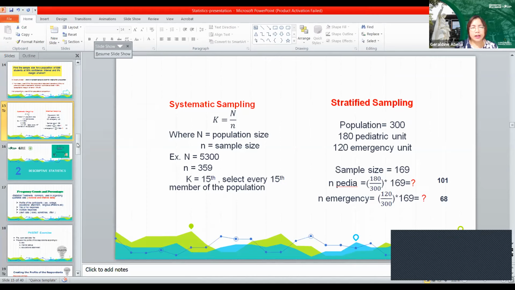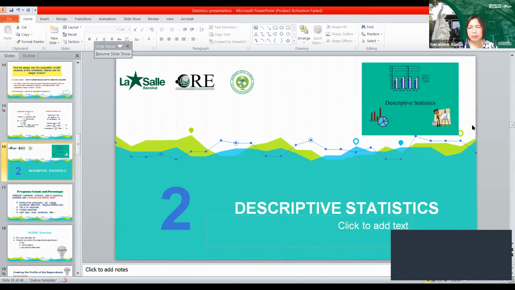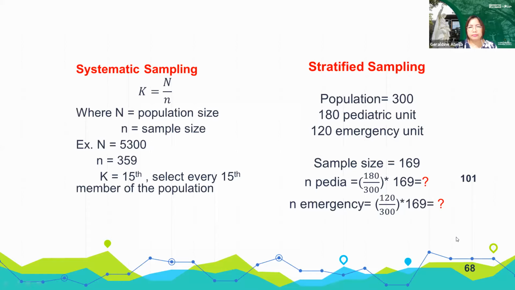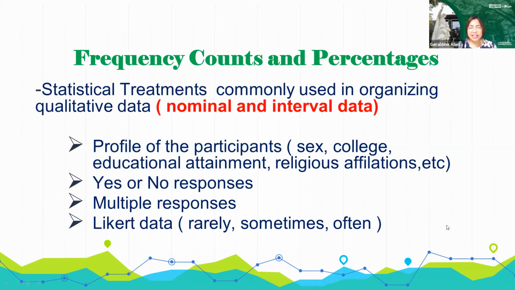So that ends my discussion of the first part. We now go to descriptive statistics. In descriptive statistics, you're going to perform various descriptive analyses, like measures of central tendency and measures of standard deviation. The common statistical treatments used in descriptive statistics are frequency count and